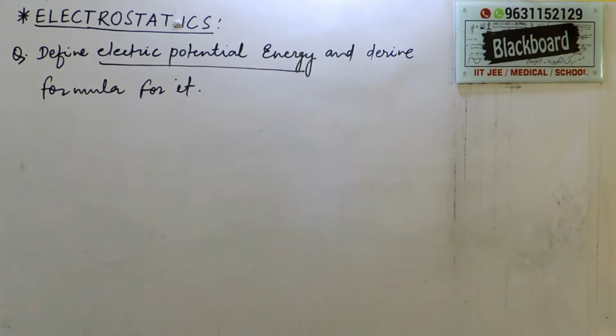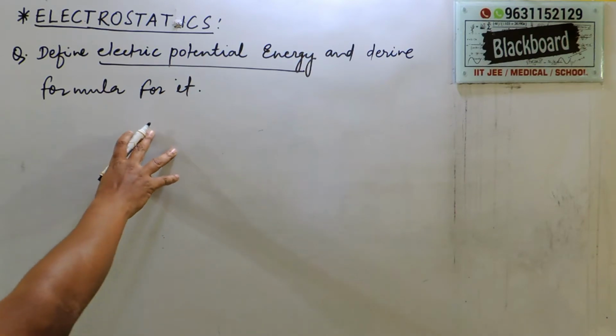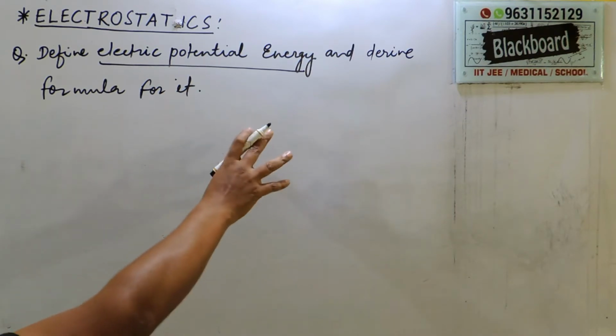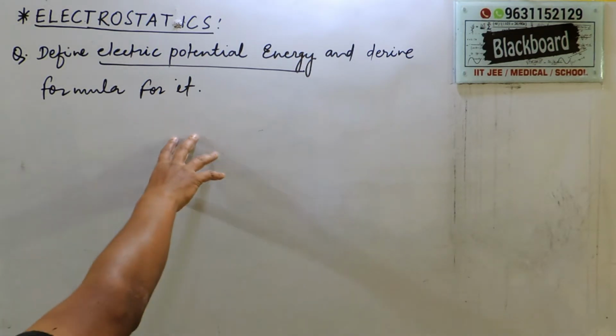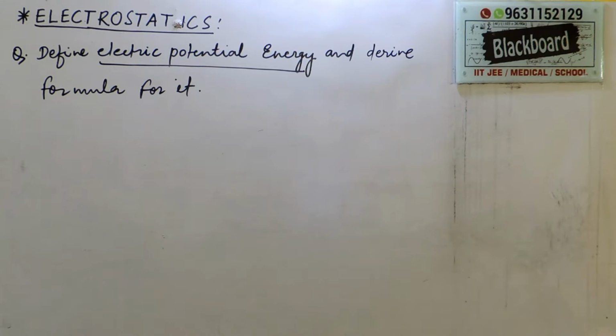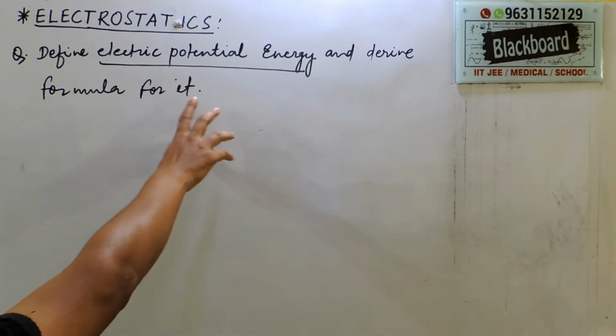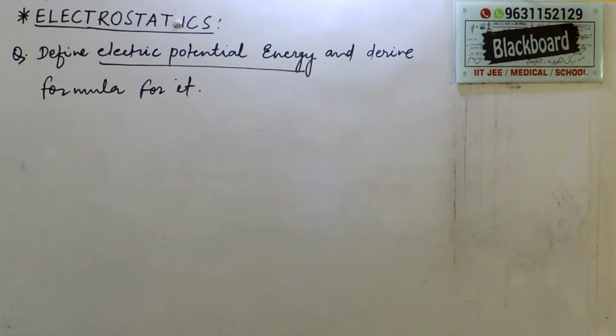Energy. What is electric potential energy, and derive the formula for it. Consider a system of charges. The charges of the system exert electric force on each other. We define the change in electric potential energy of the system as the negative of the work done by the electric force as the configuration of the system changes.